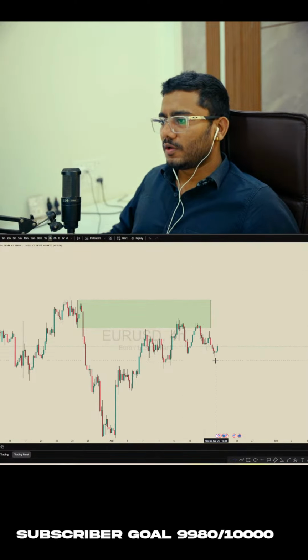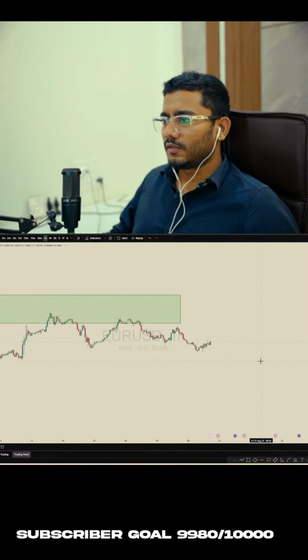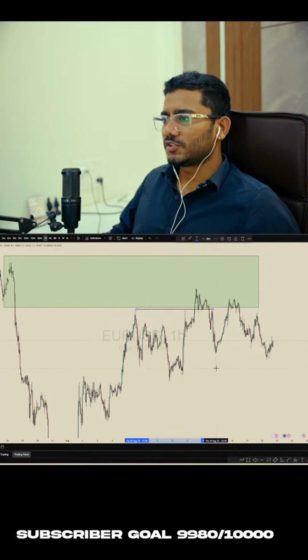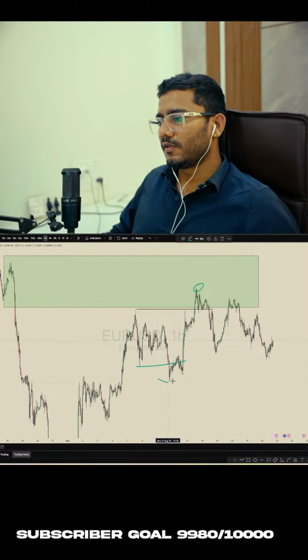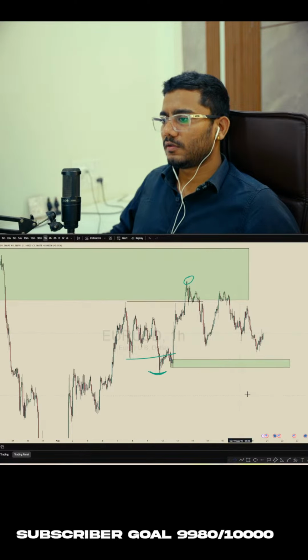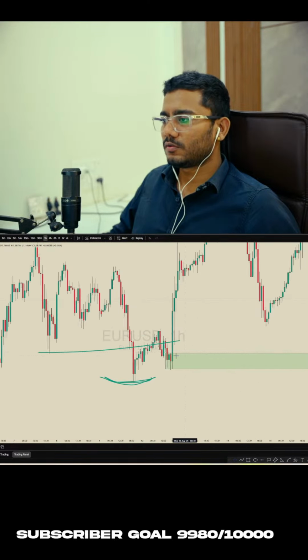If you look at the structure, we have this structure break, price created a new high. Here we have this inducement, we have this swing low, and there is an order block on 1 hour, which is here. So if we refine this order block,